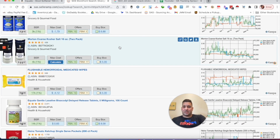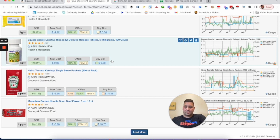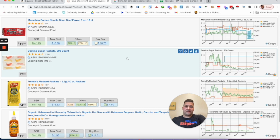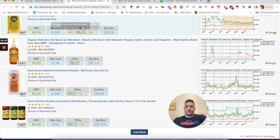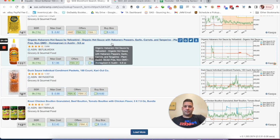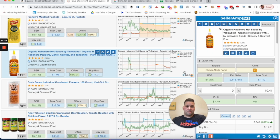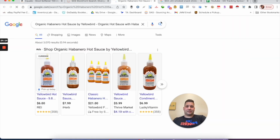Morton salt, buy box is $5. Creation Alexa, 83 cents. No idea what's going on with this storefront. Packets for $7. 40 packet. Amazon's on that one. So you can see Amazon's on there. This, I doubt we're going to get this for $2. Sells a lot. I'm going to guess this is...